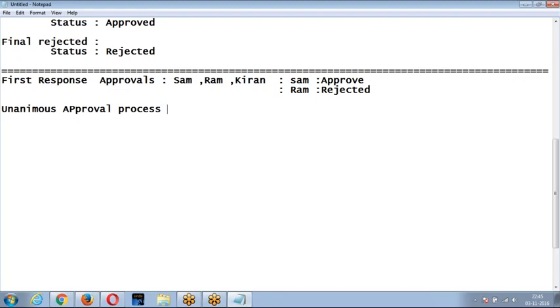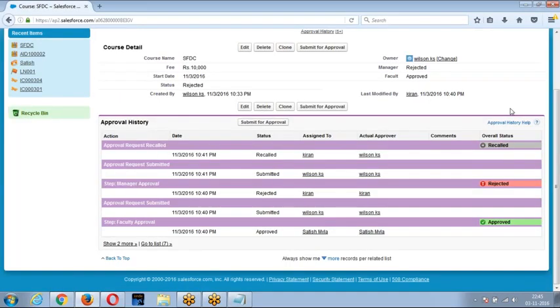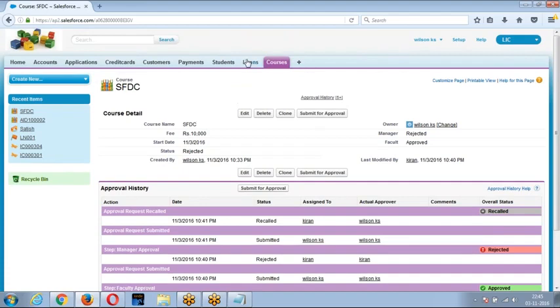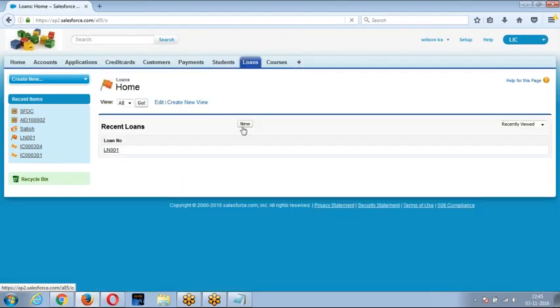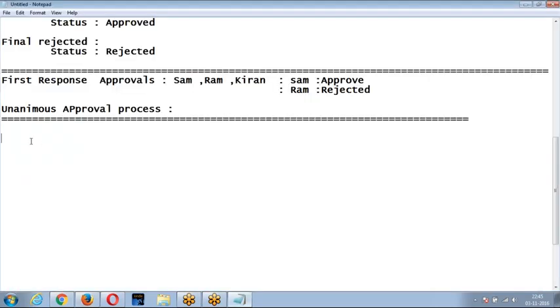Right, boss. Now let us see this example. I am taking a use case. Let us see what are the objects we have. I'll try to create it on the loan object.